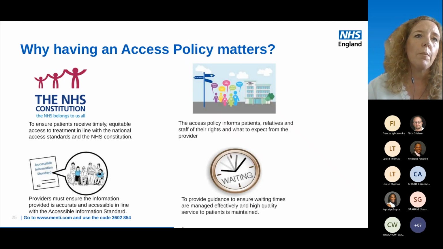So if we start from the point of what an access policy should be, an access policy should describe the way in which an organisation manages patient referrals, waiting lists, appointments and discharges. So the overarching principle is that patients receive timely care in clinical priority order. Therefore, the policy should state the arrangements for that management of the processes, and as such will have some core functions, these being to set out the principles and rules for managing patients through their mental health elective care pathway.